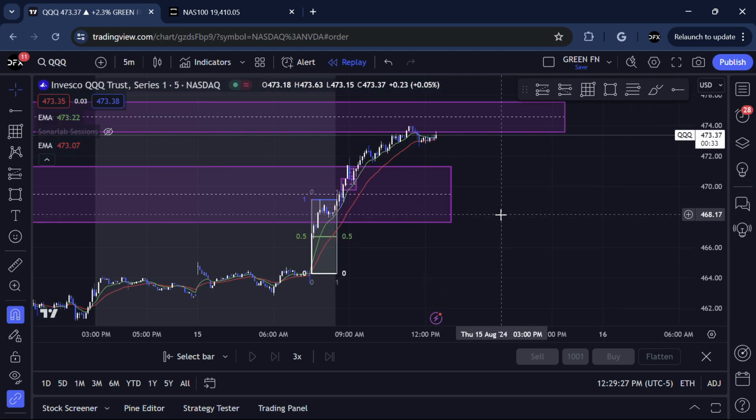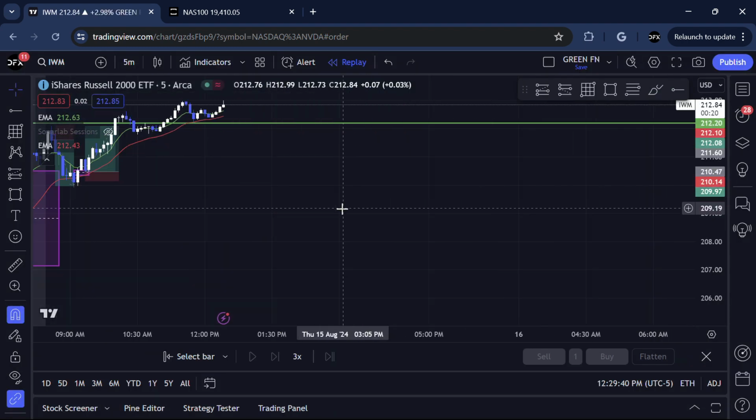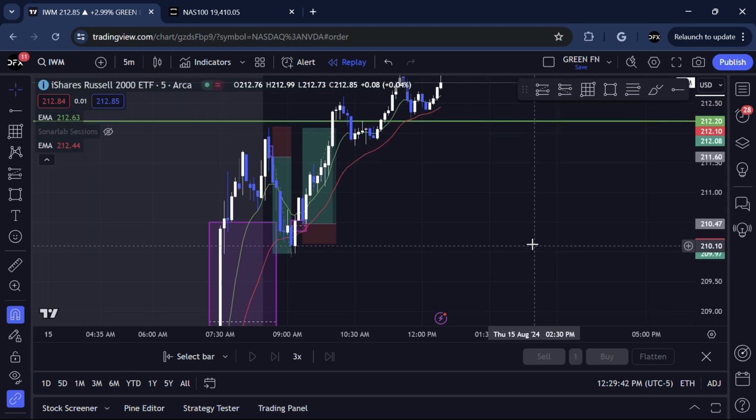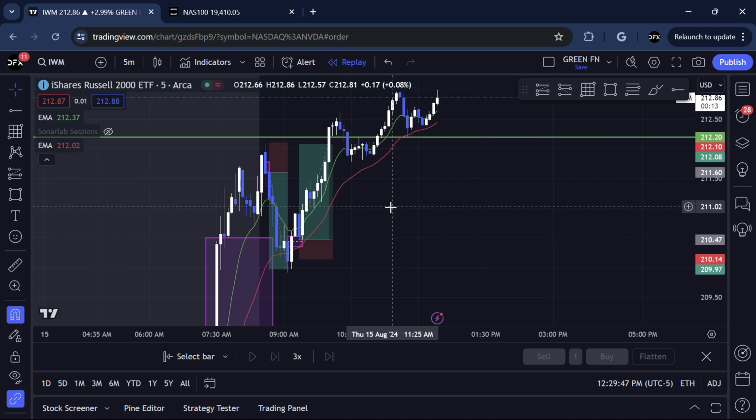So, a win for today, but I honestly consider that second IWM entry that I was looking for a loss. I don't get FOMO, but it's just the fact that I wasn't paying attention. It's my fault. I missed out on this huge trade right here. It would have been phenomenal. But yeah, that's it for today. See you guys tomorrow.